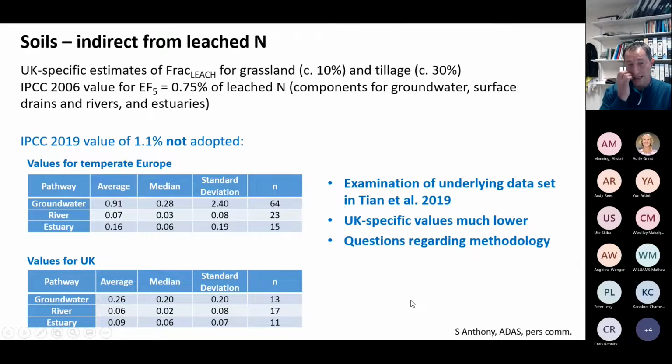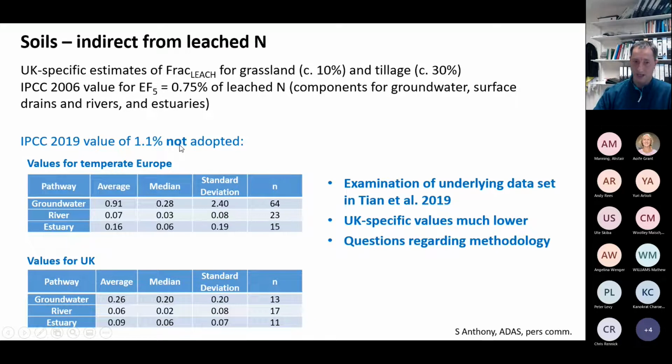And then finally, leached N. So agricultural N that gets into groundwater, into surface drains, rivers and estuaries. The emission factor we use for that, we do use the default IPCC 2006 value of 0.75. We've got our own estimates of how much is leached, and about 10% of N going to grassland is leached, 30% from tillage. And we reviewed what IPCC 2019 was proposing, and that was to increase that emission factor to